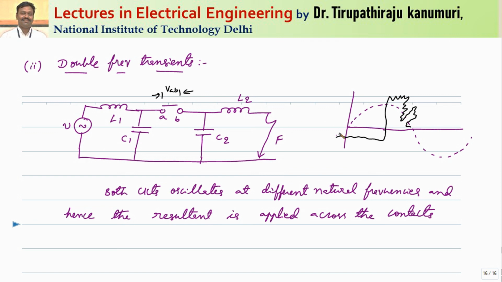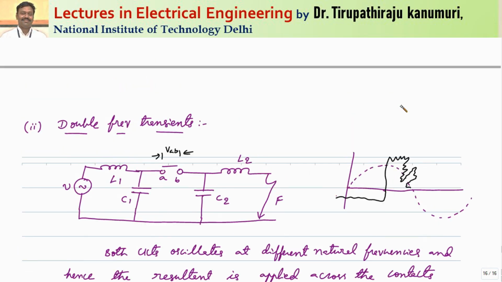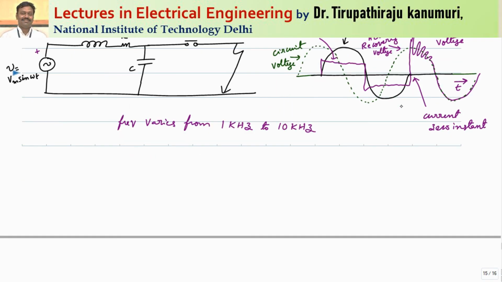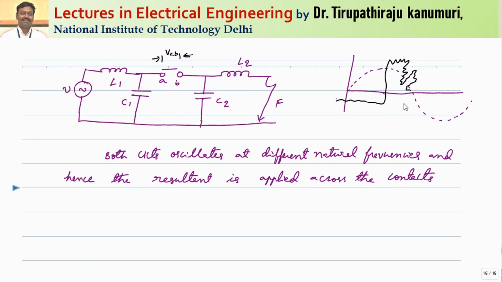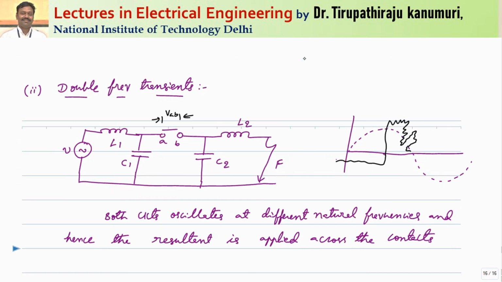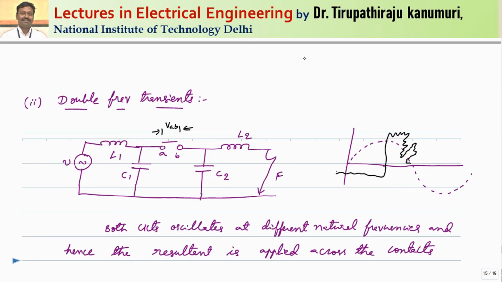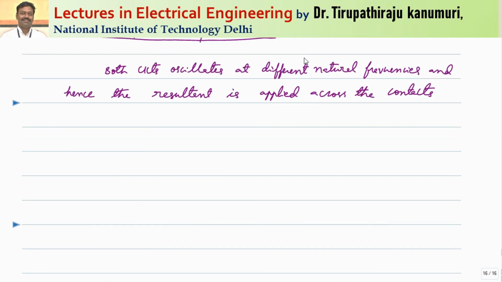Practically, if you see the waveform, at the natural current zero it should reach this value and the oscillation should die out as shown before. So actually the oscillation should come like this. But because of this double frequency oscillation, because two natural frequencies are there, the curve will vary like this and gradually they will die out. That means the disturbance will be much more severe compared to the single frequency oscillations. But analyzing double frequency oscillations is difficult, so generally we simplify the value and calculate the single frequency oscillations only.